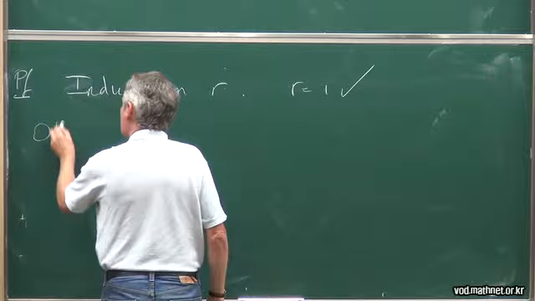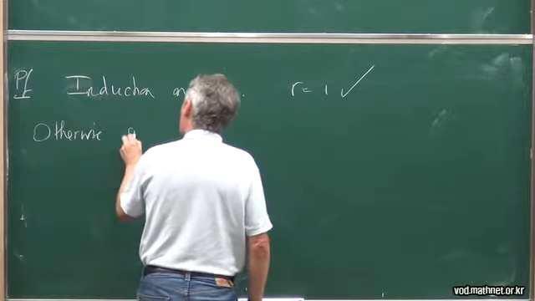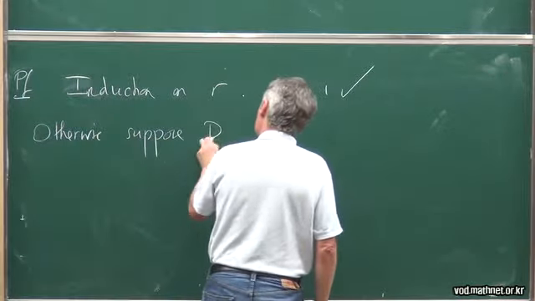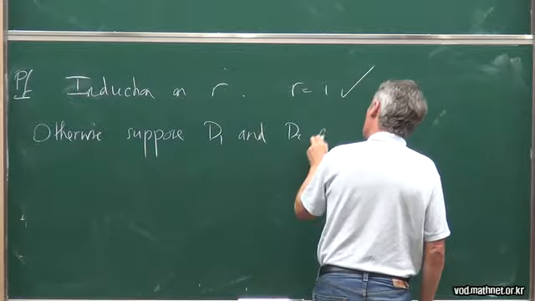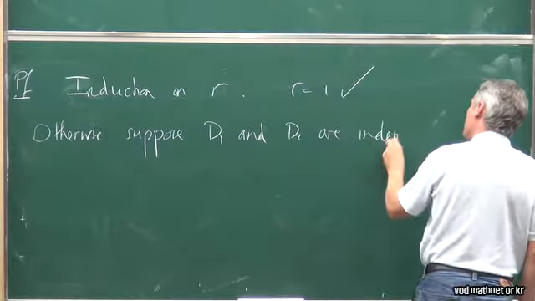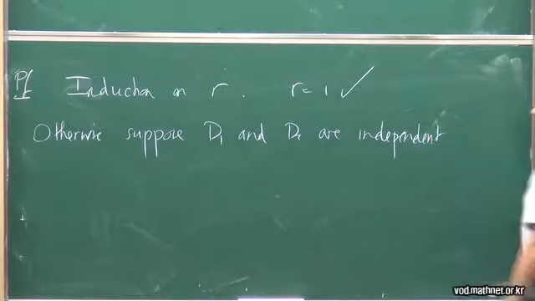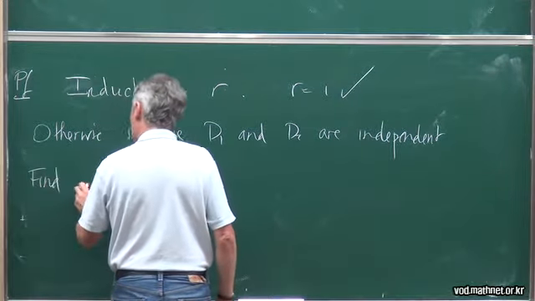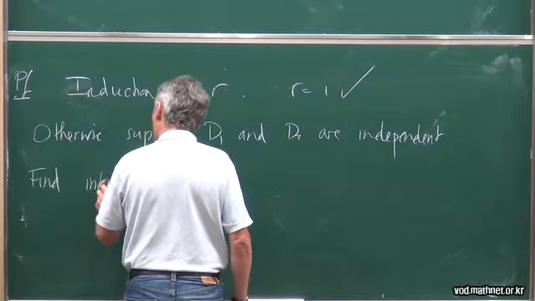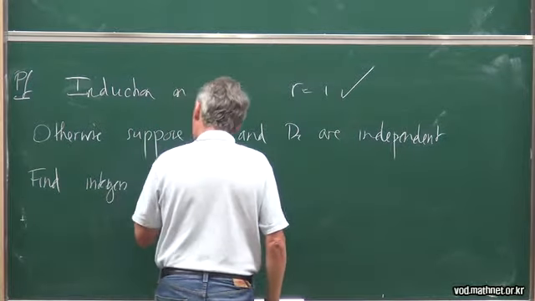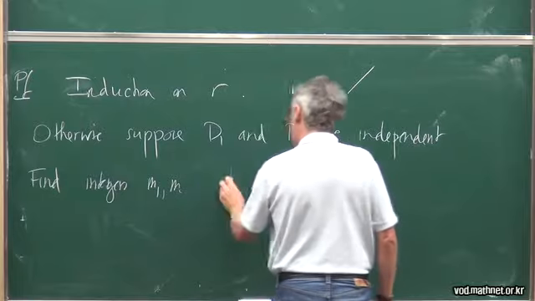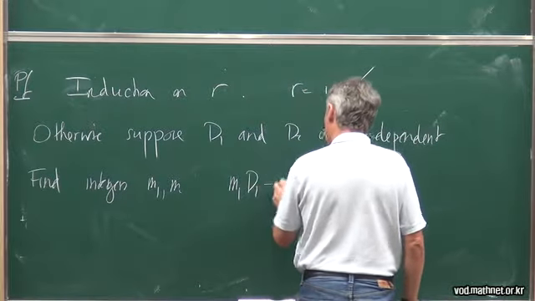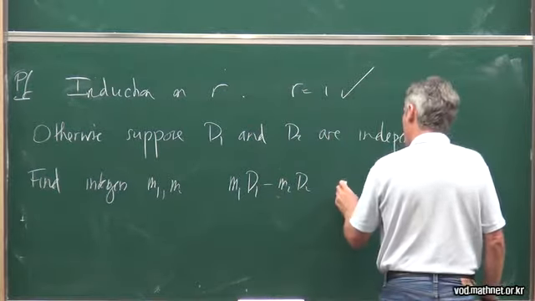Otherwise, suppose D1 and D2 are independent. I mean, if r is bigger than 1, there are two components of delta, let's say D1 and D2, that are independent, and so then you can find integers m1, m2, such that m1 D1 minus m2 D2 and